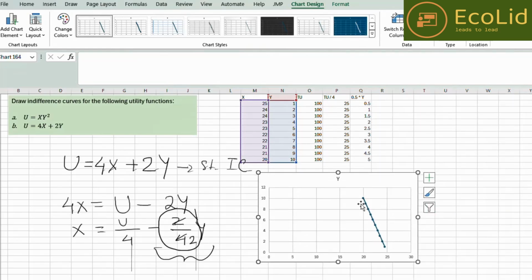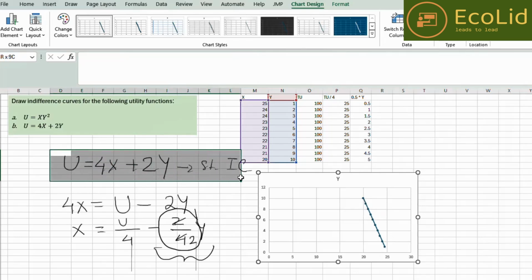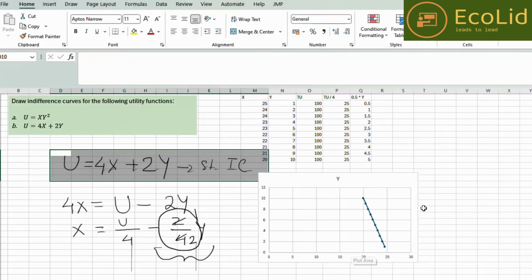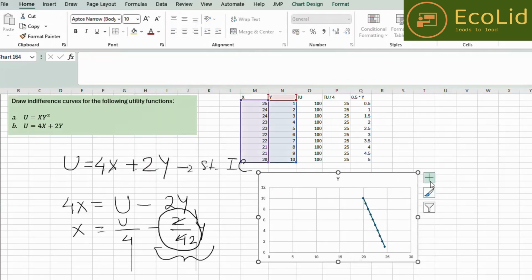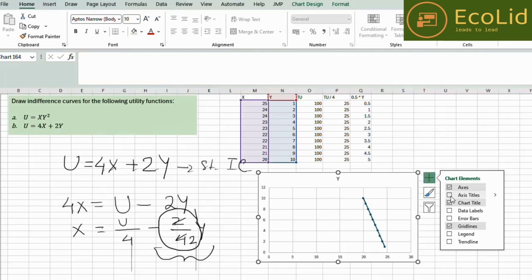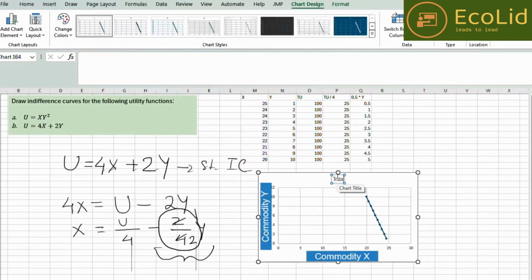Now you can see that the indifference curve is a clear straight line because we had the straight line equation of the indifference curve. So now we will add the title. For the axis title, we have taken the total utility